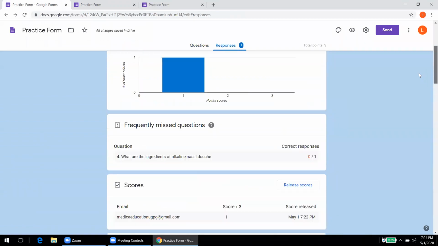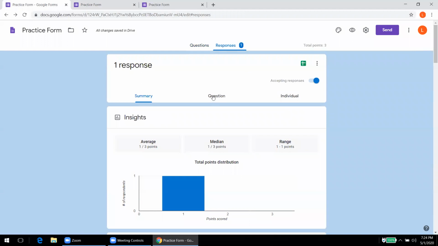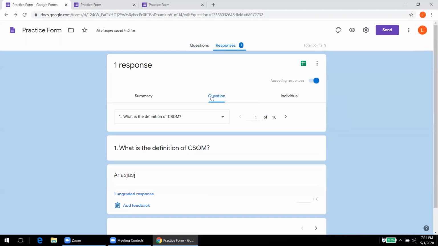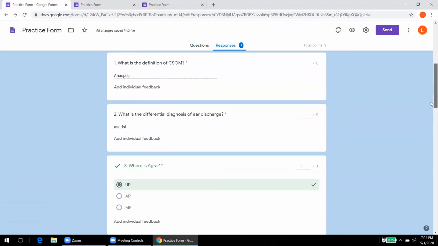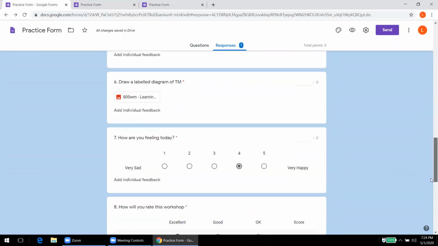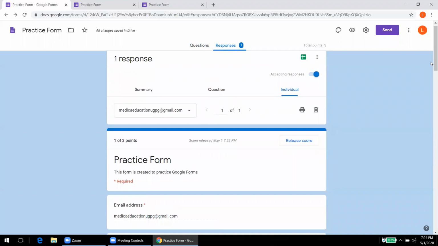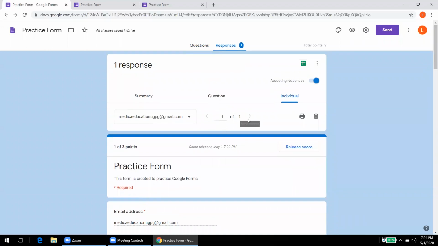Then we can see the individual responses also. This is a summary. Here we can see what were the questions, and here we can see individual responses. So this is one of one response, that is the first response, only I responded, and these were my answers. If another person had responded, it would have increased the number here.